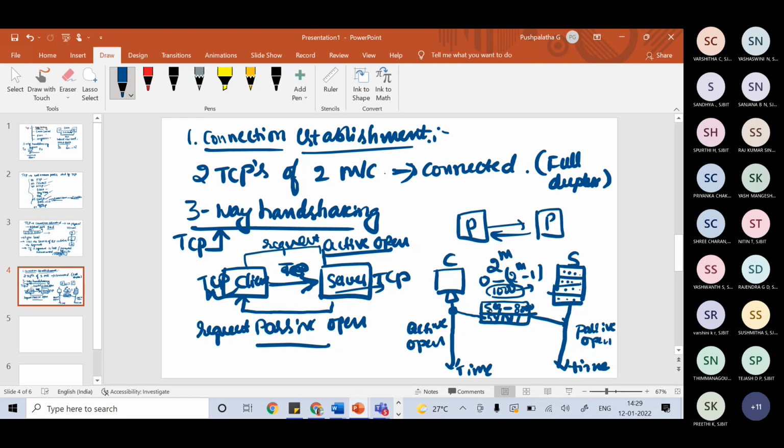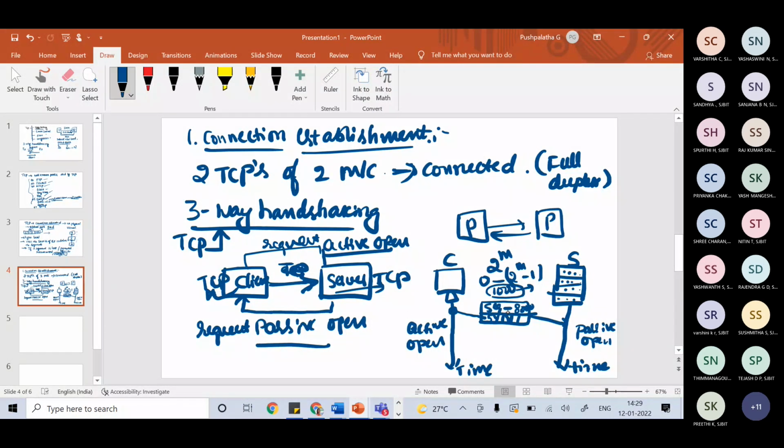So by keeping that sequence number, it takes one sequence number. When the data transfer starts, the sequence number is incremented by 1. Keep in mind, initially you will set the sequence number.